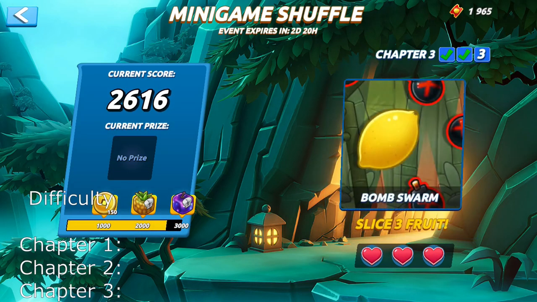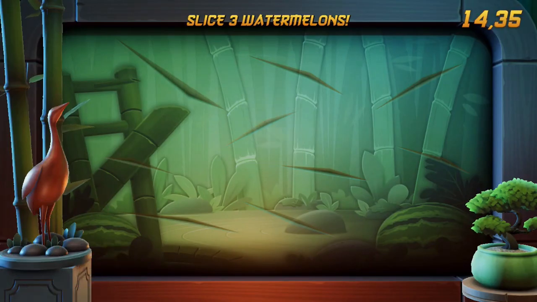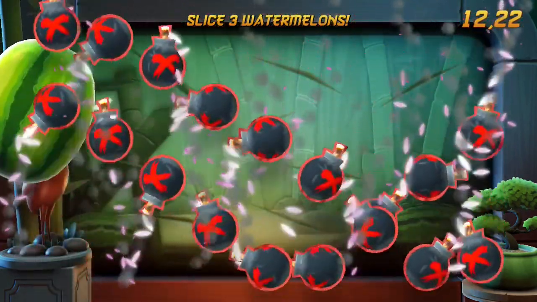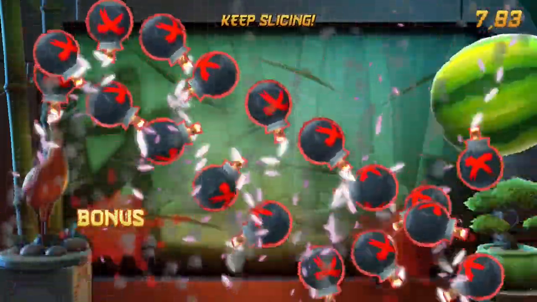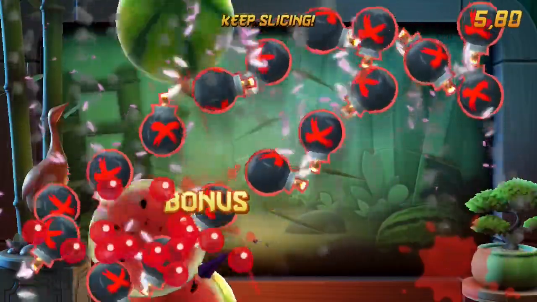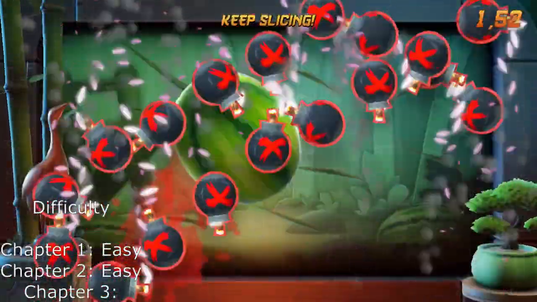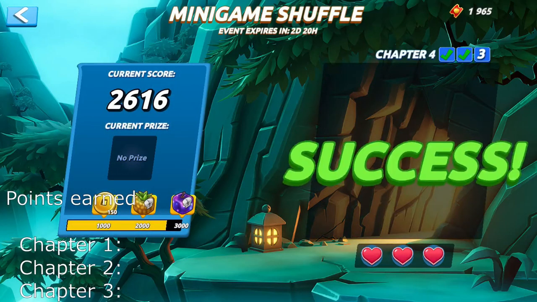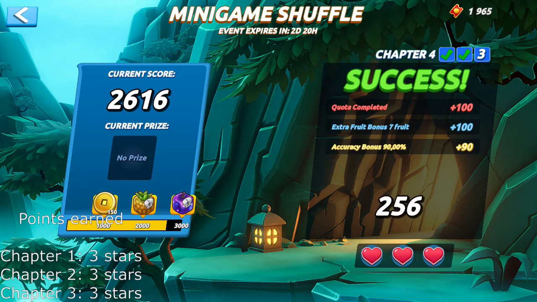Bomb Swarm Chapter 1 and 2 are very easy to clear, especially in Chapter 1. In Chapter 3, this will be more difficult since the bombs and fruits move very fast. The key is to be patient since you will have 15 seconds to slice 3 fruits. Bomb Swarm Chapter 3 is worth a medium difficulty rating. Whatever the difficulty, Bomb Swarm will give you more than 250 points, especially if you're able to slice 2 times